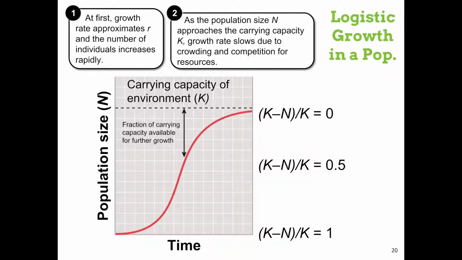And so on this slide, we see what's called a logistic growth curve for a population. And this is similar to exponential growth, except something happens that caps the number of organisms that can exist in a population. And that something could be resources, could be space. There are a lot of factors that could cap the number of individuals that can exist